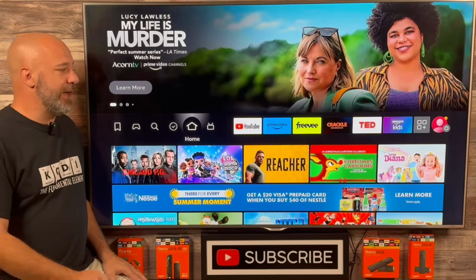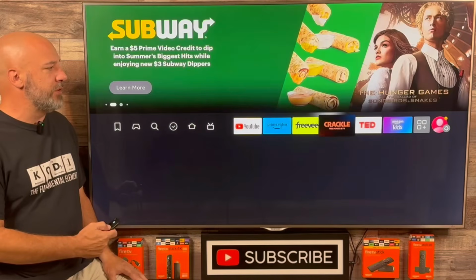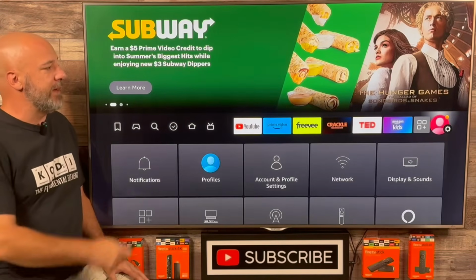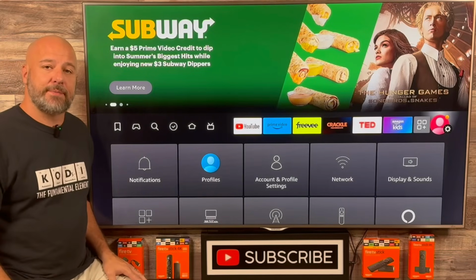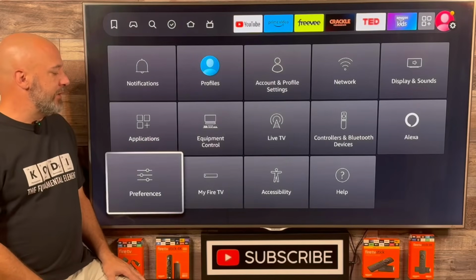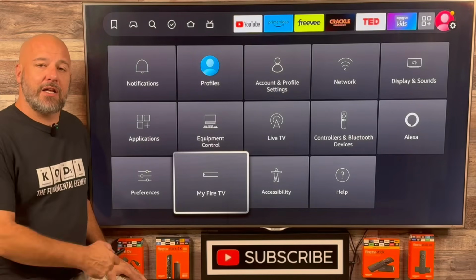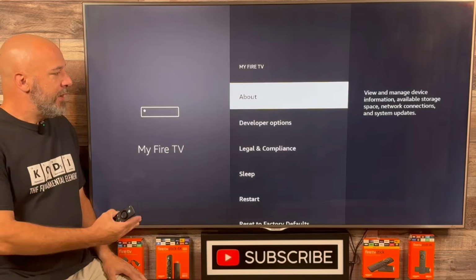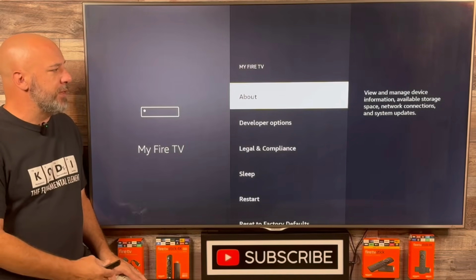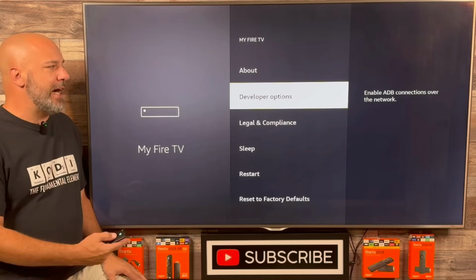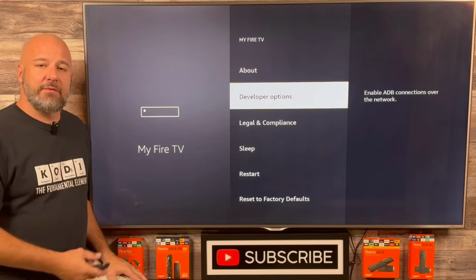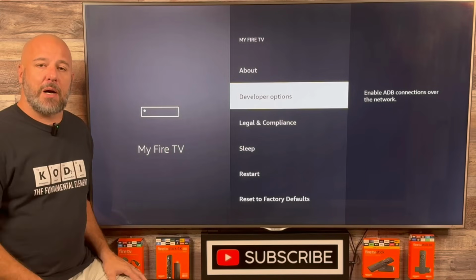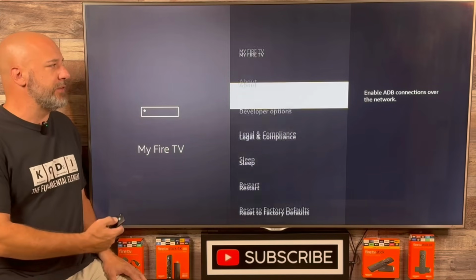The easiest way to do that is slide all the way over to the right until you're at the very end, and this menu will appear on the bottom half of your screen. What we want to do is slide down here to My Fire TV and click on it. Right here, you're going to be welcomed with this menu, and as you'll see, I have developer options available on my device. If your device does not show developer options, all you need to do is simply slide up, click